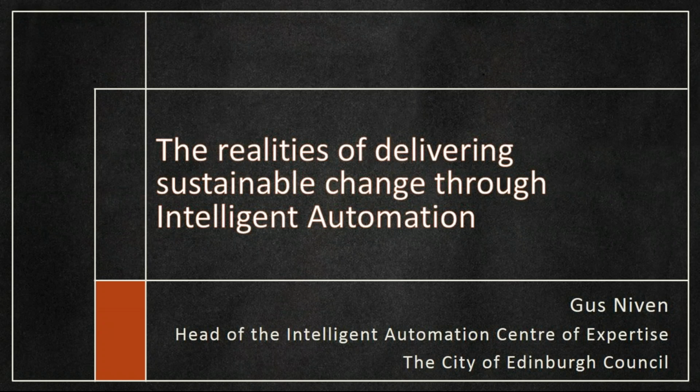I'm Siobhan Martin from the Digital Office for Scottish Local Government and I'm joined by Gus Niven, Intelligent Automation Lead for the City of Edinburgh Council. Gus has kindly agreed to do this presentation today, exploring the key components of what to expect when setting up and delivering a robotic process automation programme. And he will also touch on the essential preparation and relationships to be built, defining goals and the necessity for